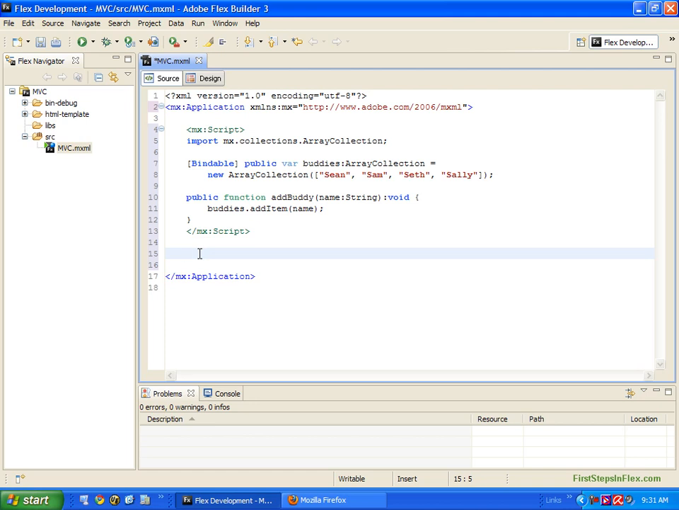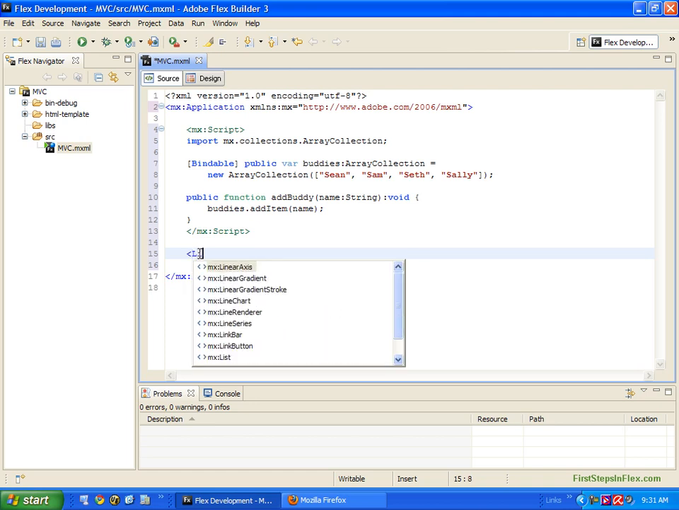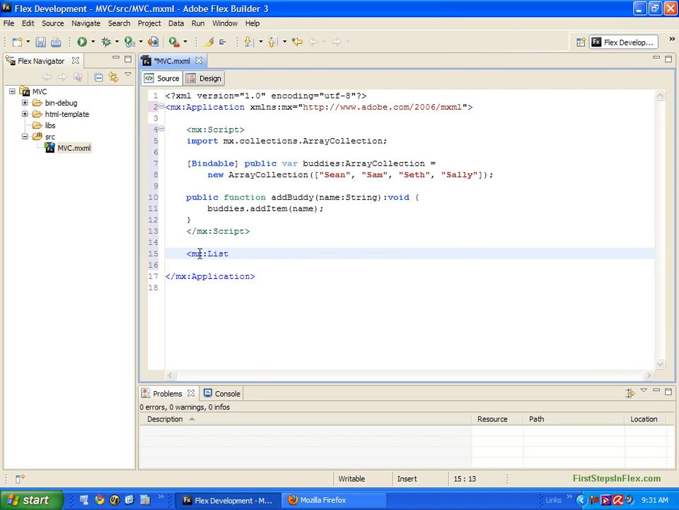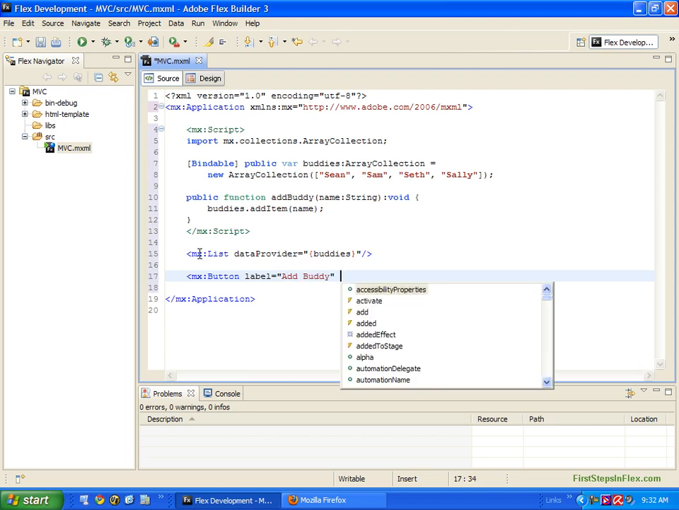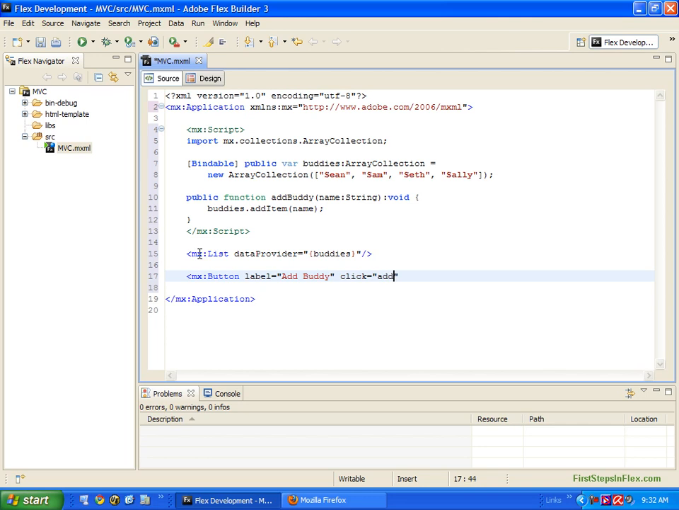Mm-hmm. So then let's add a list to display. This will be our view. So we're going to add the data provider, and tell the data provider to bind to buddies. And then let's also have a way to add a buddy. So let's create a button, and the label will be Add Buddy. And then a click event handler that's going to call that addBuddy function. And then we'll just put a name in here, New Buddy. Whereas normally you'd probably have a text input, yeah. Mm-hmm. Yep. So let's save that